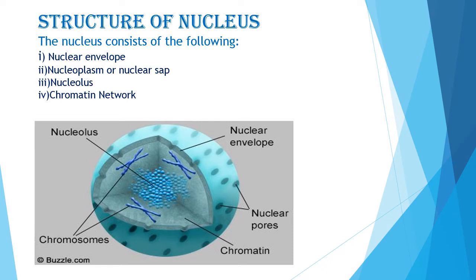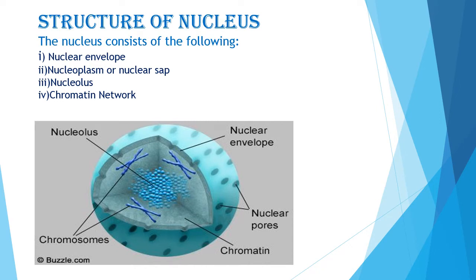Now, nucleoplasm. The nucleoplasm is a viscous liquid enclosed by the nuclear membrane. It contains enzymes, ribosomes, nucleolus and chromatin threads. Nucleolus. The nucleolus is a dense spherical body which is present within the nucleus. It is clearly visible in non-dividing cells. During cell division, it disintegrates. The nucleolus is without a limiting membrane. It consists of nucleic acids, that is deoxyribonucleic acid and ribonucleic acid, protein and enzymes for the synthesis of ribosomes.